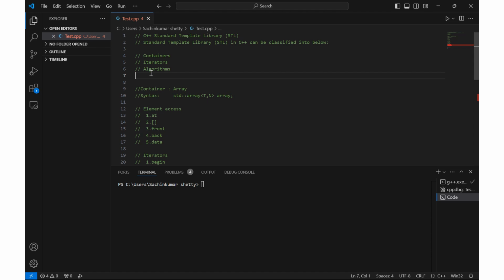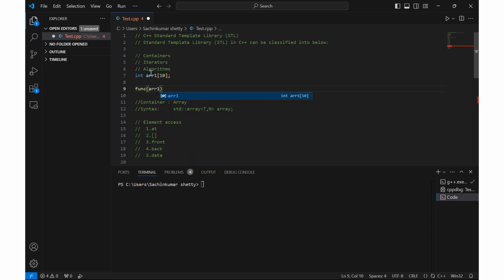the std array is pass by value based, which means say if you take your typical array and pass it to a function, maybe just take the example like int array1 of size maybe 10, and you pass it to a function by the array name, like array1, then whatever changes are made in array1 inside this function will be reflected in the initial array also, because that is passed by reference or passed by pointer. But